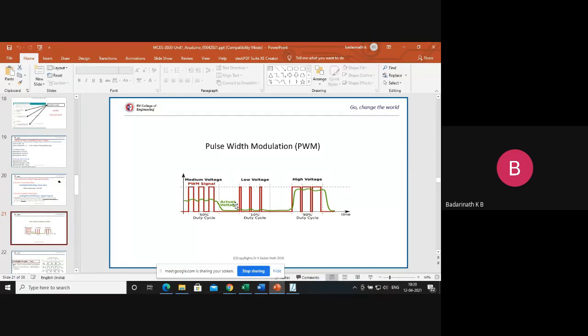But let's say I have produced this type of waveform. What is this type of waveform? I made it high for some time, low for some time, again high for some time, low for some time. That is a certain on time, a certain off time. You can call this a frequency, because what is a frequency? A signal with a given on time and off time. If I repeatedly produce it, it produces a waveform which will have a required frequency. Let's say I have generated a particular square waveform with a particular frequency.